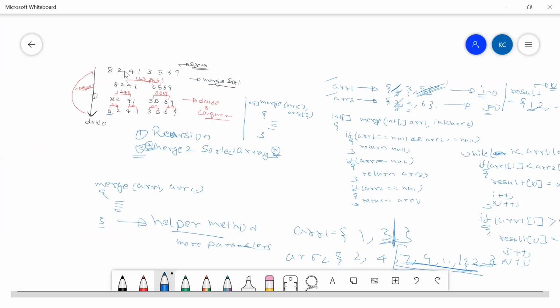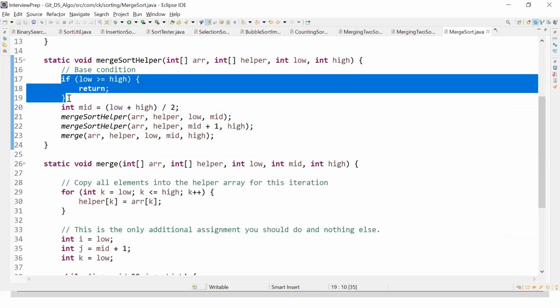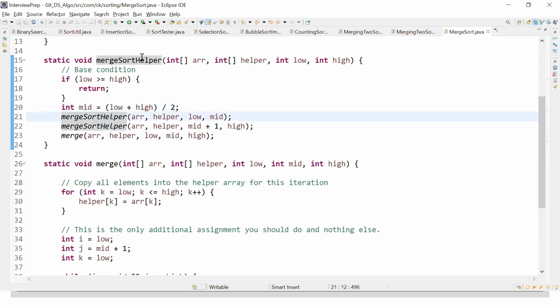If you try to calculate mid for this one, it comes 4. If you try to calculate mid for this one, it comes 2. If you try to calculate mid for this one, again it comes 1. So until we come to that particular point, and if we break this condition, we'll be stopping the calculation of it, and we are calling this iterate recursively.